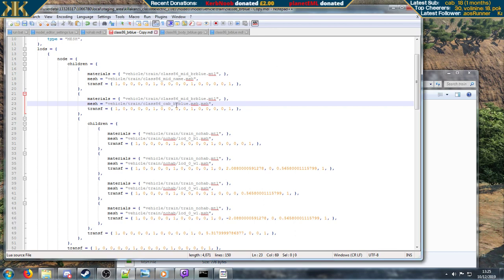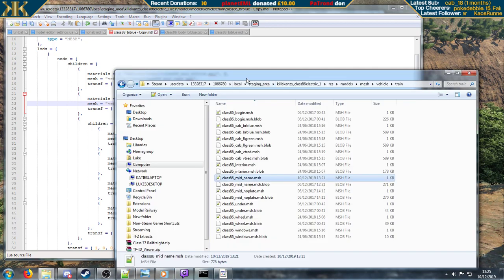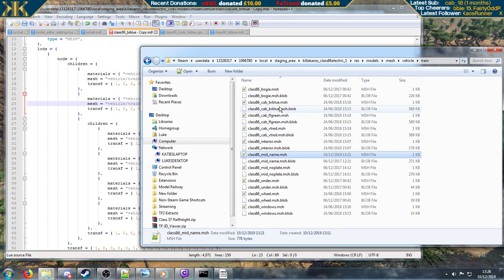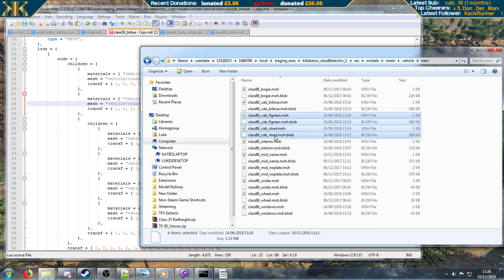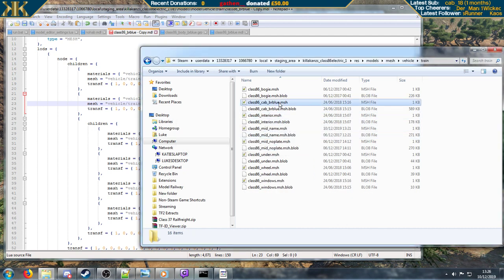Right, let's carry on. So we just put the cab there. So if we go back to here, yeah, we actually don't need any of the variations on the cabs. So if we just delete those, in fact we